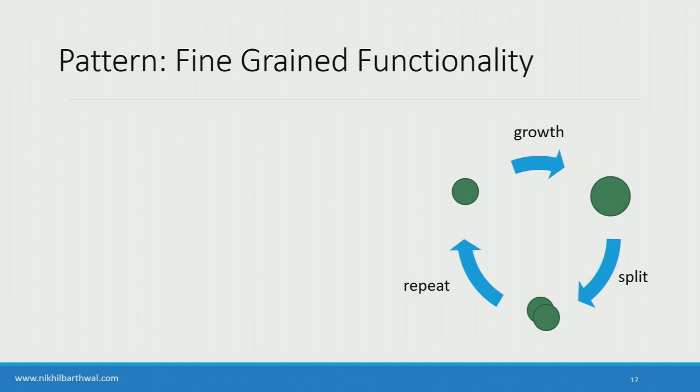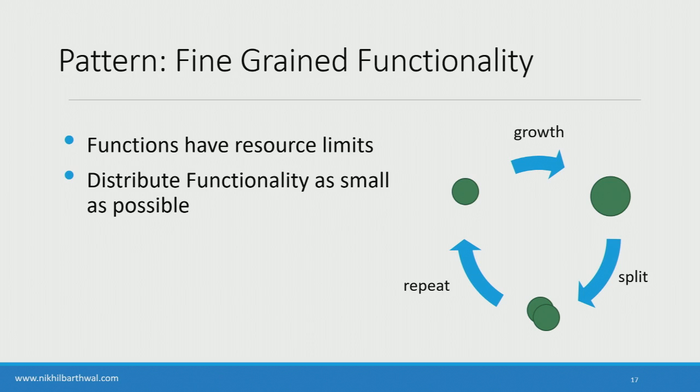You have these functions, right? And typically you want some functions, then you keep adding more and more functions, but you have a resource limit on this. So as you grow, functions have resource limits, so you basically would increase that. At some point of time, you consume so many resources that it doesn't fit in. So at that time, you would have to split your one function into two functions and then repeat the process.